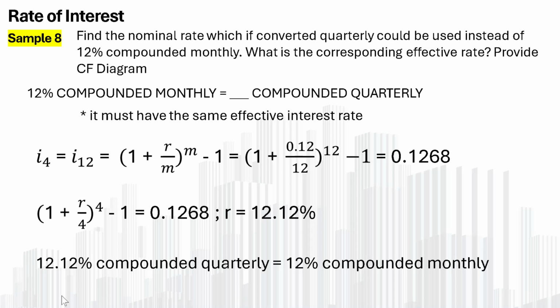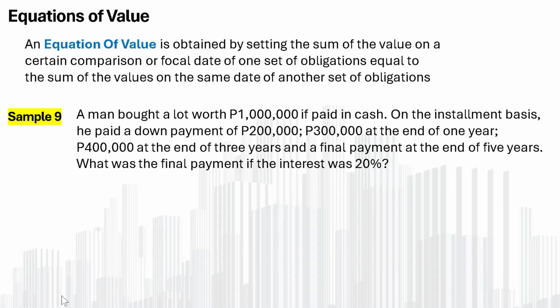Okay? So, hindi ko na ginawa yung cash flow diagram, hindi pala applicable dito. Next is the equations of value naman dito. Essentially, sa equations of value, para lang itong mass balance natin dito. Or sa statics natin o sa mechanics, kailangan balance lang yung forces. Kailangan yung equilibrium lang sila. Dapat kung ano yung nilabas mong pera, whatever yung money acquired, yun rin yung dapat nilabas. Kailangan equal lang naman siya. Okay?